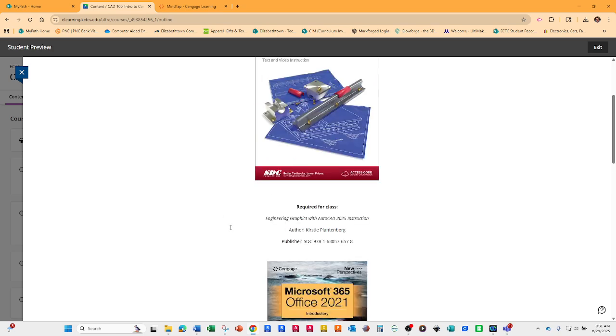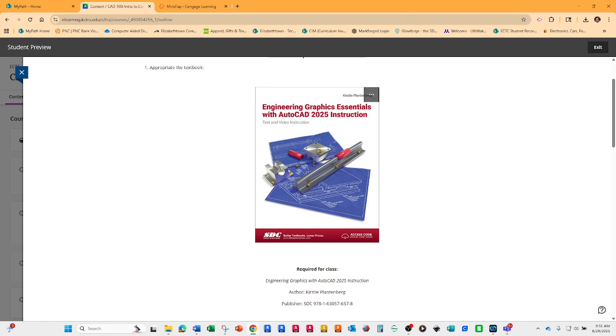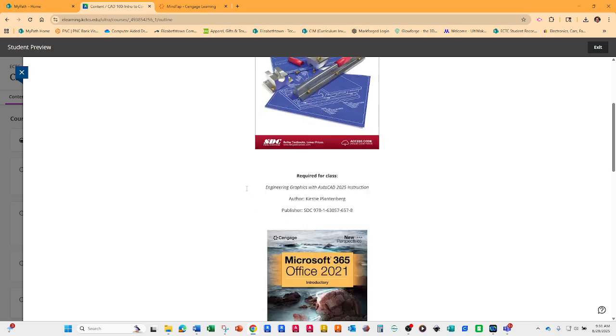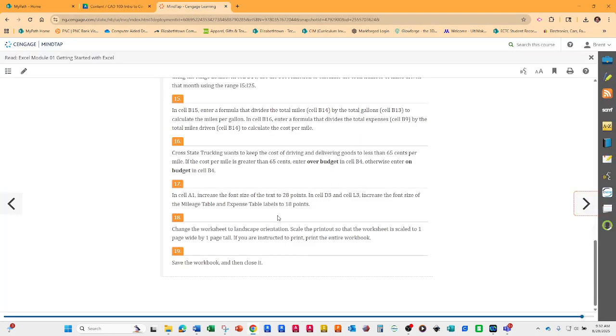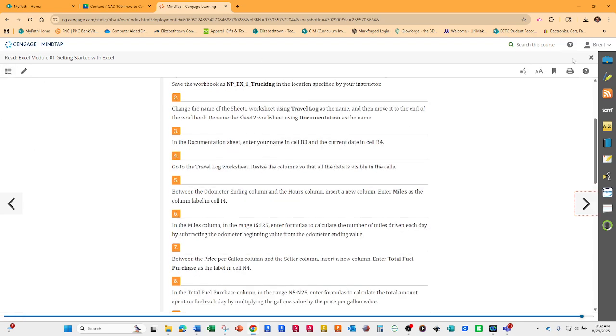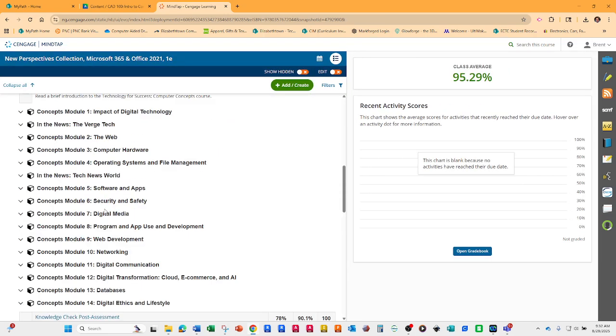But if you're going to take CAD 200, then buy the book, get a real one, and you can use it for the whole semester, or however, if you split semesters, you'll still have access to the book and you can do your work. If you're diehard and want an ebook, then we'll have that to where you can do that. This book is the office book. You don't have to purchase it. It comes with the class, and it's in Cengage. Cengage is over here.